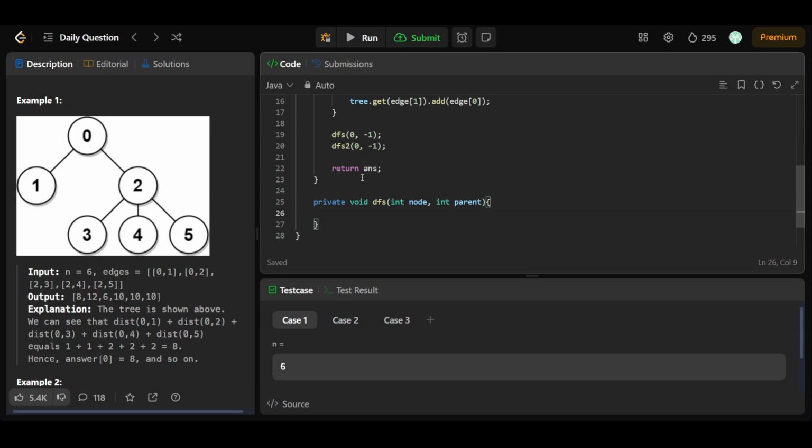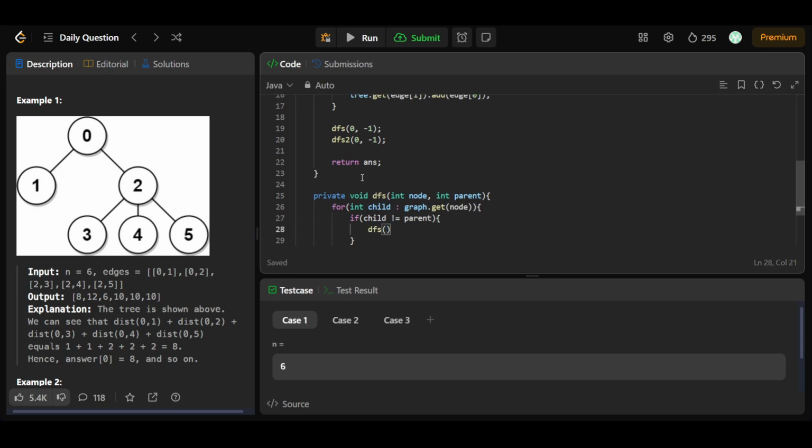Okay, and now what we'll be doing is, for int child in tree.get(node), firstly, if child is not equal to parent, that is we are not in a loop,